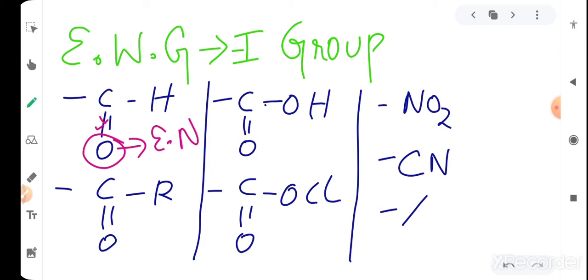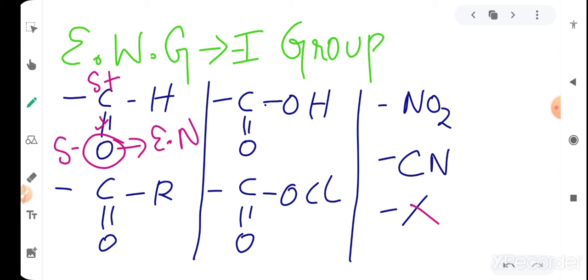Hence, oxygen will have a partial negative character and carbon will have a partial positive character. Due to this polarization, this group is said to be an electron withdrawing group. Since the carbon is partially positive, it can withdraw the electron. So, all the carbonyl compounds like aldehyde, ketone, acid chloride and also nitro group, nitrile group and the halogens are